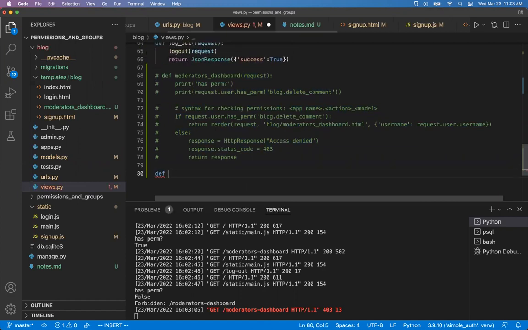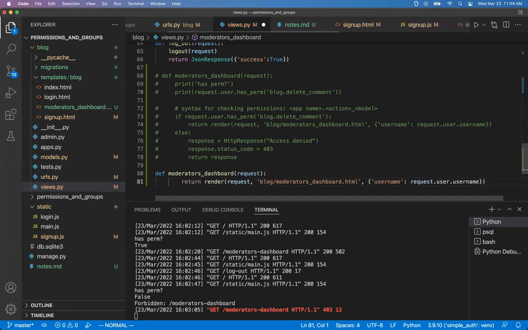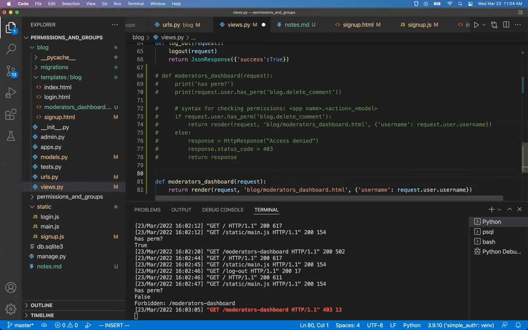I'm going to redefine this Moderators Dashboard. And then we're going to use a piece of middleware